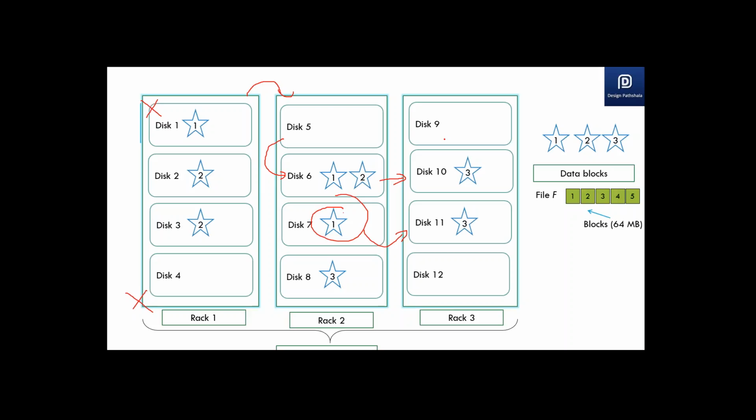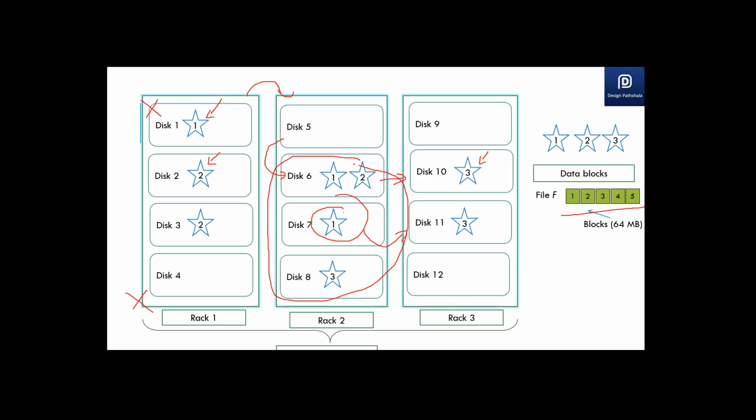So to answer your question, Suraj, what happens is basically when you have to process this file, now I know where the blocks of the file are lying. With the beauty of the ecosystem, I know which data node is free. So if say disk 1 is free, I'll send my logic to disk 1 to process block 1. Then I'll send the logic to disk 2 to process block 2, and then to disk 10 to process block 3. They will process the blocks and send the results to me. I will not be sending my logic to disk 6, disk 7 and disk 8 in this scenario.